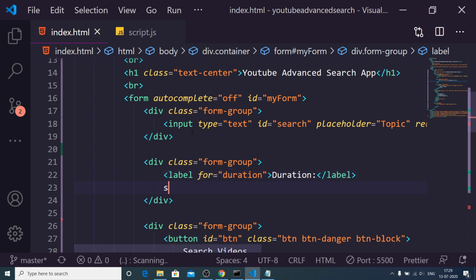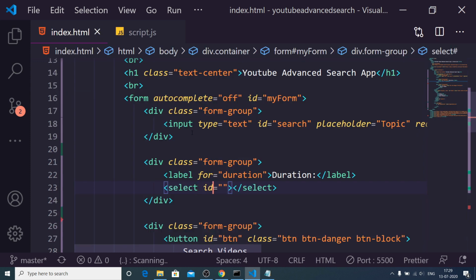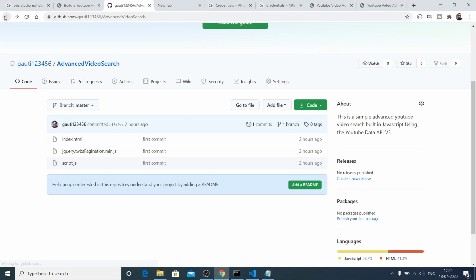So inside this we will have select boxes here. This will be a select tag. So what I can do here is that I can copy paste the HTML code, I will not write the HTML code.